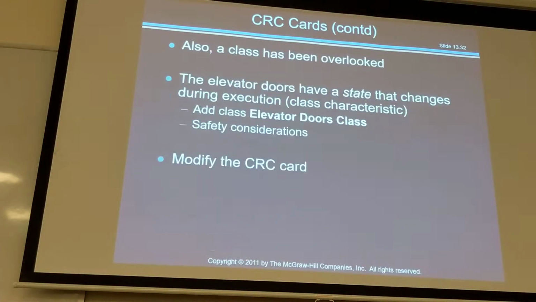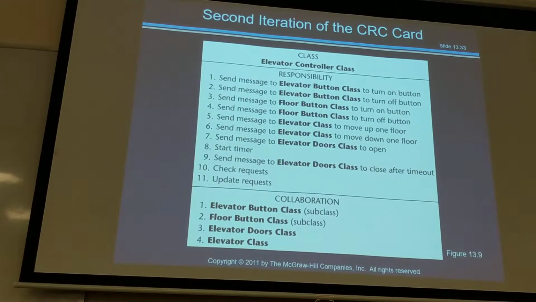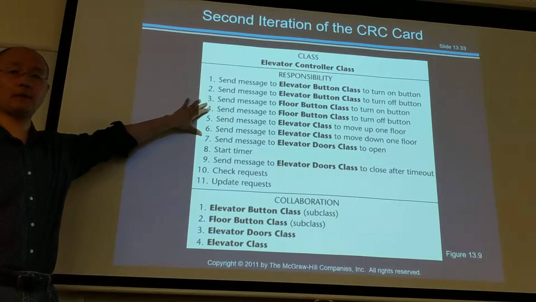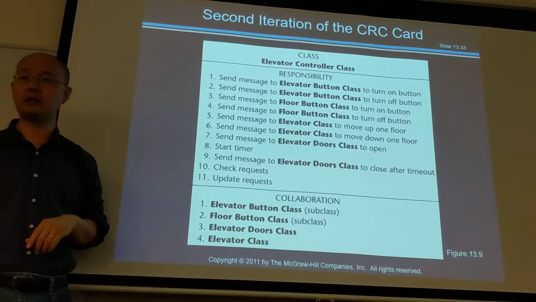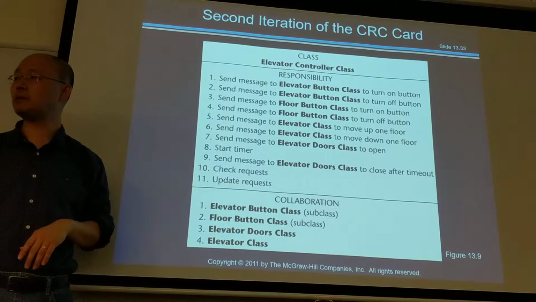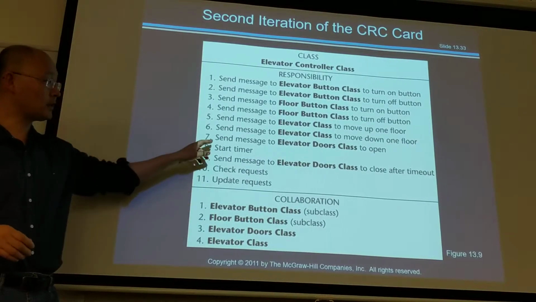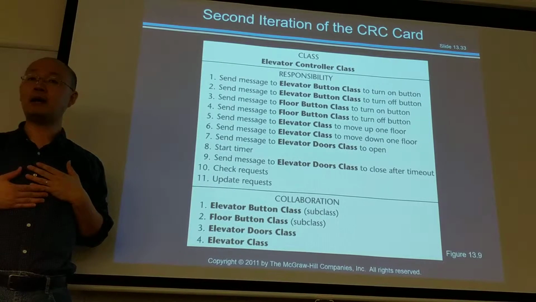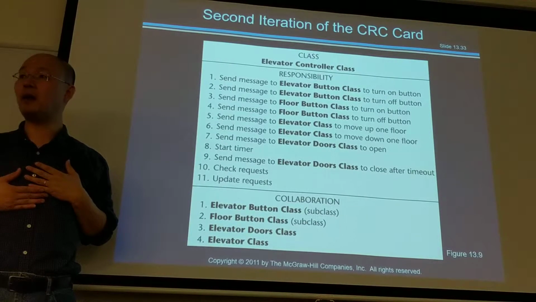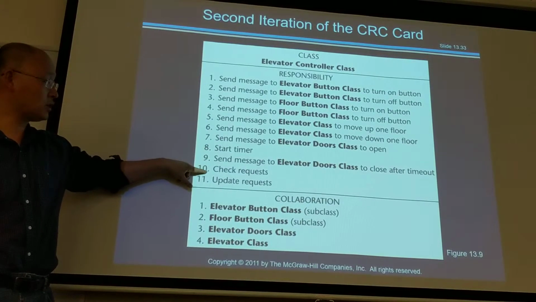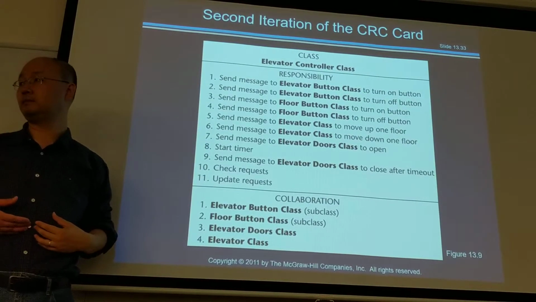All right, a CRC card basically assigns the responsibility to each class. So essentially, if you say send a message, this is typical object-oriented programming. Object-oriented programming is basically, if I want somebody to do something, I'm sending a message. I'm going to send a message to that guy. If I send a message, it means what? I'm not implementing that functionality. I'm calling on somebody else to do it. If I'm not sending a message, it means that I'm going to do it.